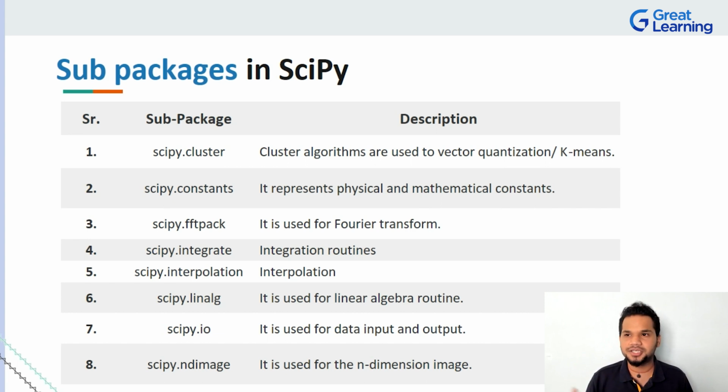Just think of a simple example where you're given a couple of fruits and people say, hey, can you put all the oranges on the left side? Can you put all the apples on the right side? Can you keep all the bananas at a different place? You can do that, right? If you can do that, you basically know what clustering is. There are various types of clustering: hierarchical clustering, divisive clustering, agglomerative clustering. There are a lot of types of clustering, but what you should know is that SciPy is going to give you a lot of functions and easier ways to do everything that I said, right?